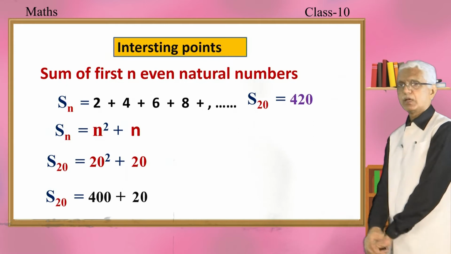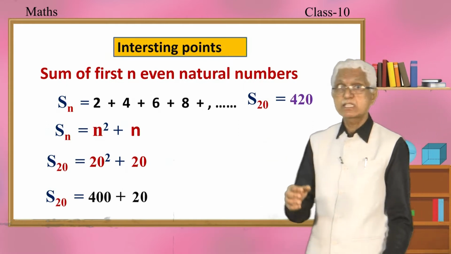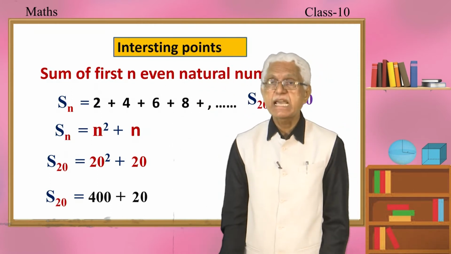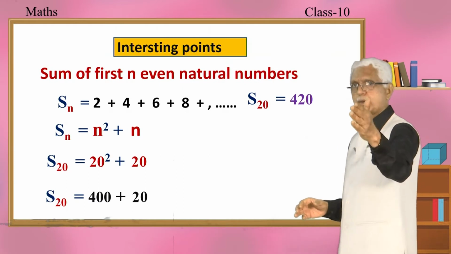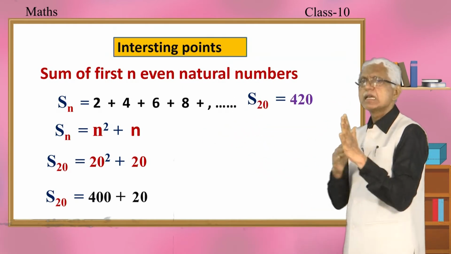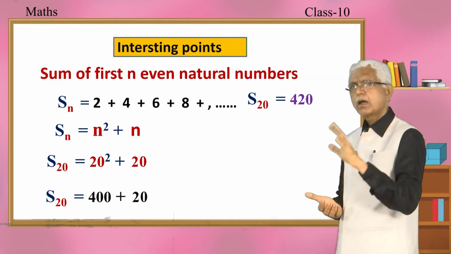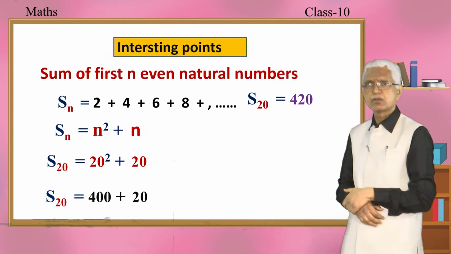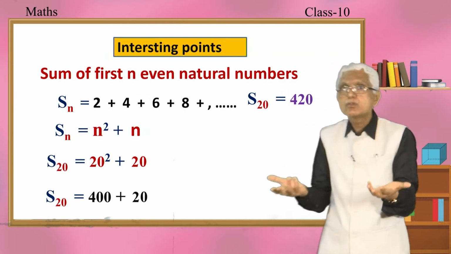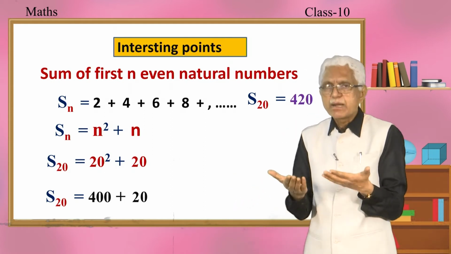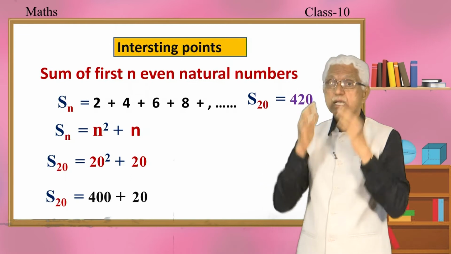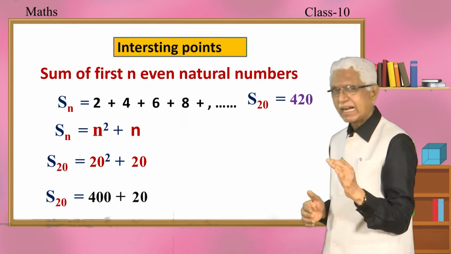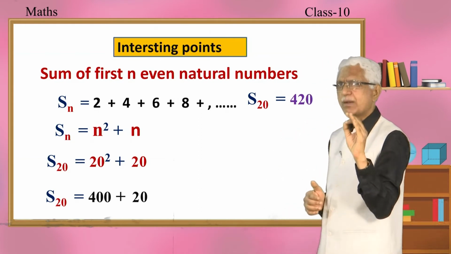Okay. Please observe. Suppose I am asked to find the sum of the first n even natural numbers. First n even natural numbers: 2 plus 4 plus 6 plus 8 and so on, correct? I am sure you will be asking, why you want to think of one more formula, sir? Can I not use Sn is equal to n by 2 into a plus l? You can use, sir. Can I not use n by 2 into a plus n minus 1 into d? You can use, correct? But I think we are trying to give you something interesting.